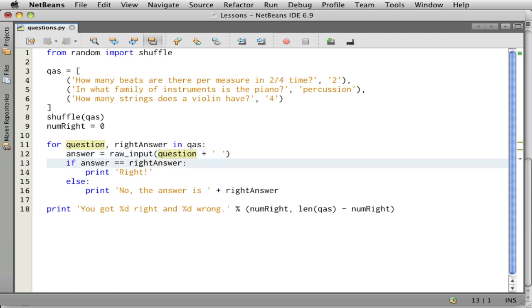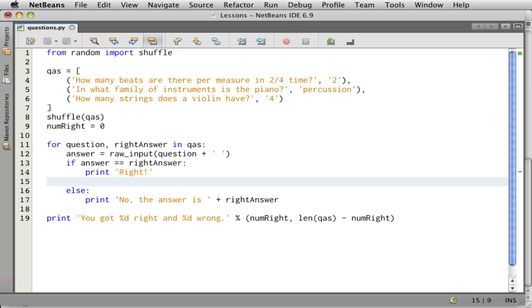And then we want to know if the answer was right. If it is, we print right. Otherwise, we print no and what the answer really is. And then here we say you got some number right and some number wrong. Okay, so one little bit that's missing is when we find one that's right, we have to add one to the counter. One other thing we want to do is somebody might type in